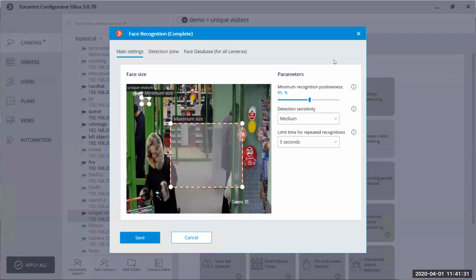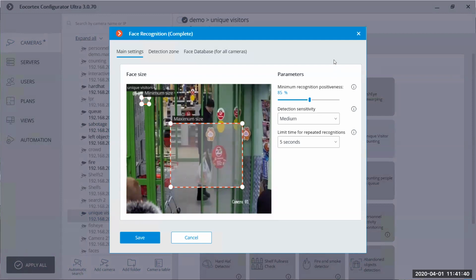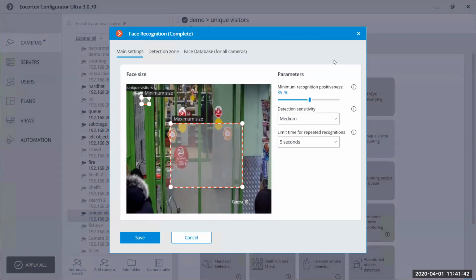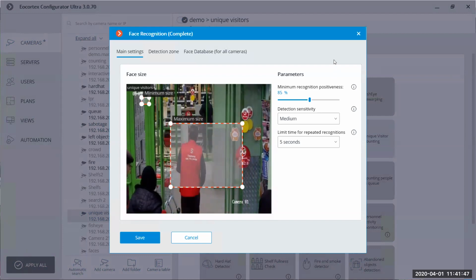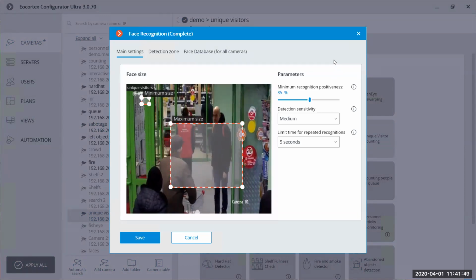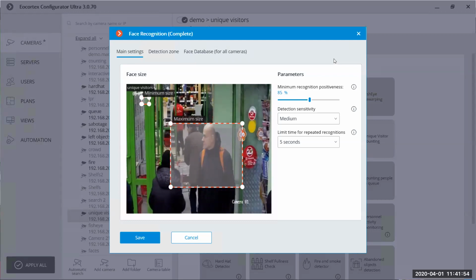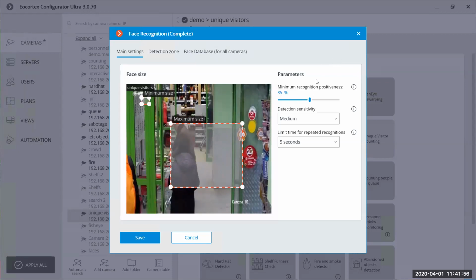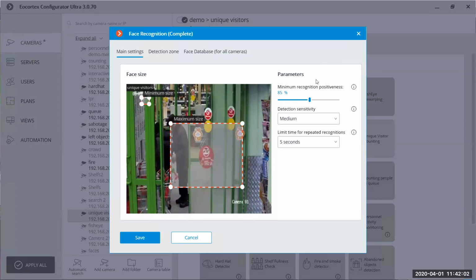Also here you can see the minimum recognition positiveness. As I said, that's the percentage of the match between the detected face and the face from the database. So if the module is sure about the right match at, for example, 75%, then with these settings, this face will be skipped because the module isn't sure enough that this is Jon Snow, for example.